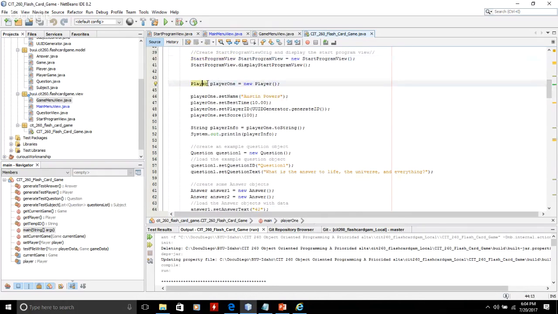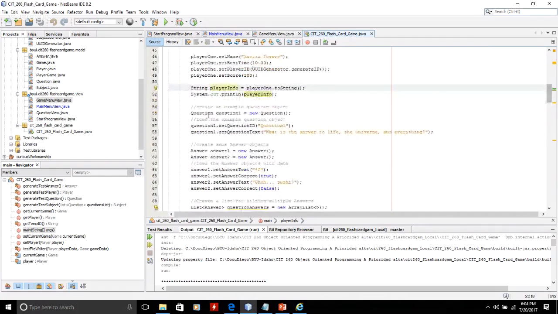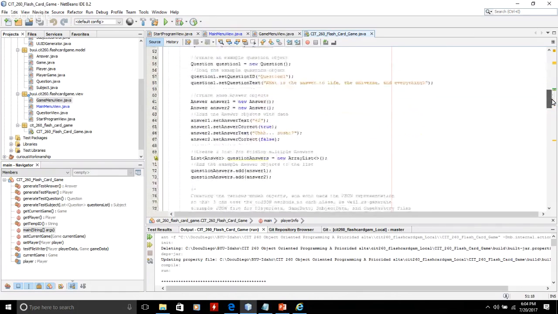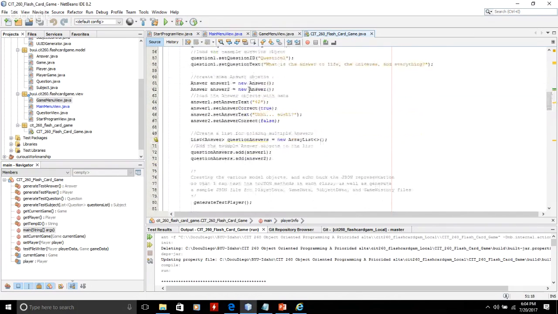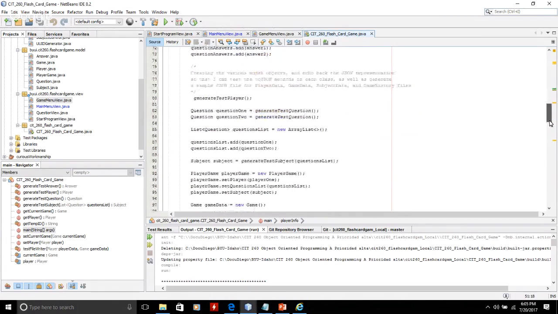This was a testing material for the first aspects of the game. You will see an example of what the game was supposed to be. Questions, what is the answer to life, the universe, everything. And some answers that the player could enter, the limit to the answer test, conditions, true, false, generate test player, question 1, question 2, all these functions that you can see here